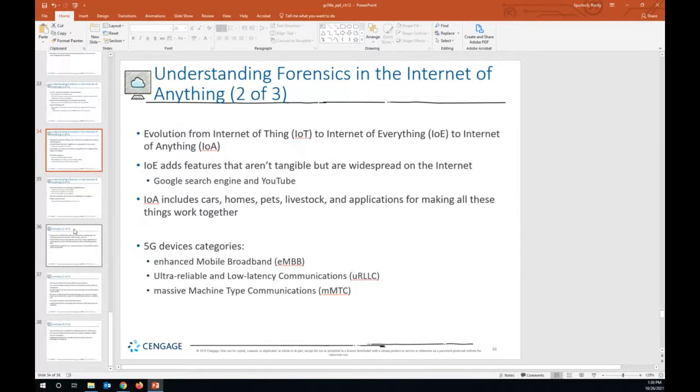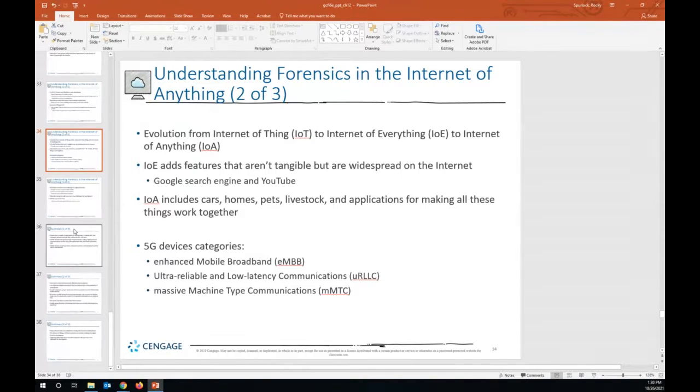So from the Internet of Things, we evolved to the Internet of Everything, to the Internet of Anything. When we go through this evolution, the Internet of Everything added features that aren't tangible but are widespread on the internet, such as the Google search engine and YouTube.